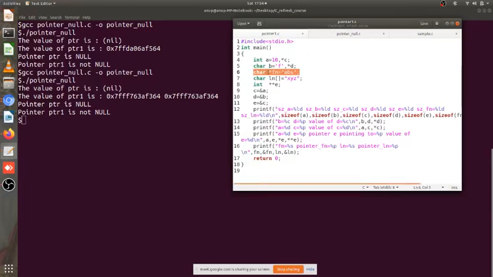So I have this char star fn. This is also a character pointer. The variable name is fn. This d is also a character pointer. The variable name is d. That's all. And now I am initializing star fn with this value abs.